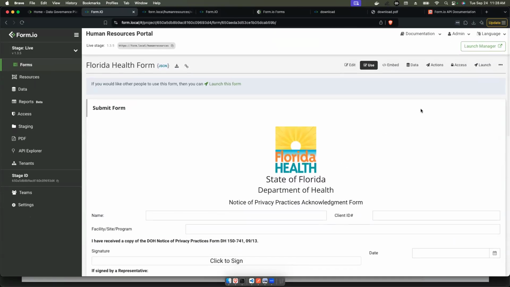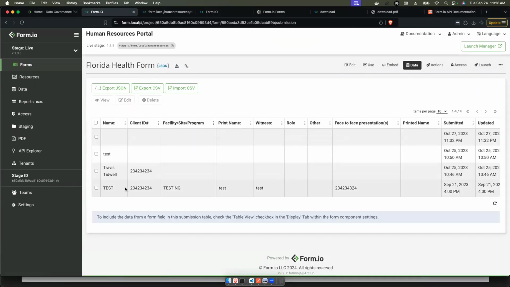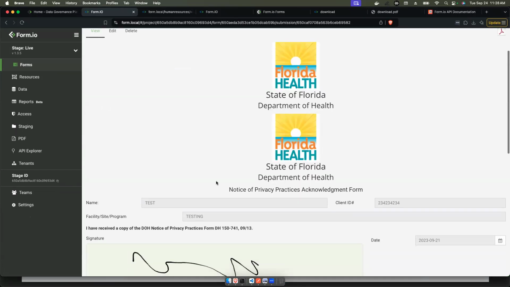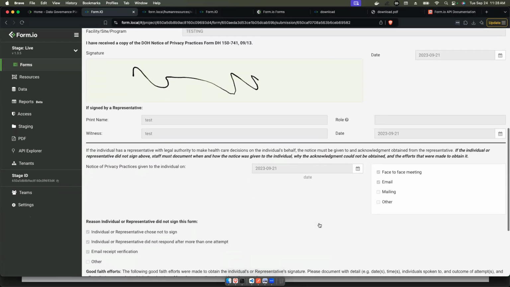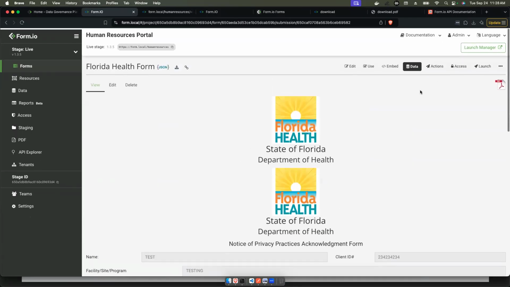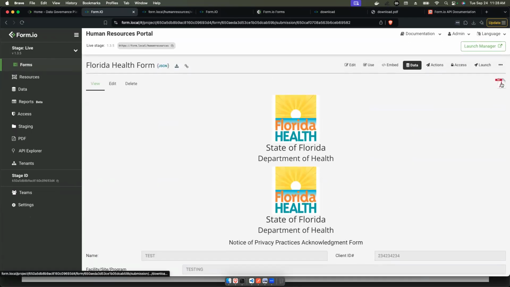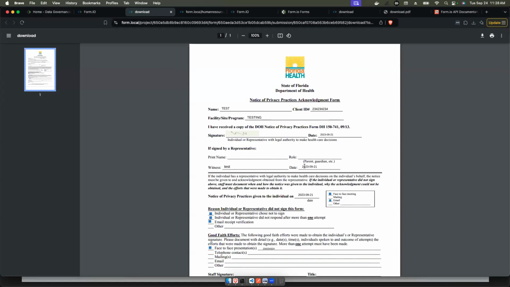And then when it comes to actually generating the output, let's say I've got just a test example. So this is this form filled out in its current format. But now I can generate this PDF, and what it ends up doing is generating that PDF first form with all of that data overlaid and filled out on top of it. So you've effectively created the best of both worlds. I've got the ability for people to fill out a form in an accessible web form way, and I can generate the output